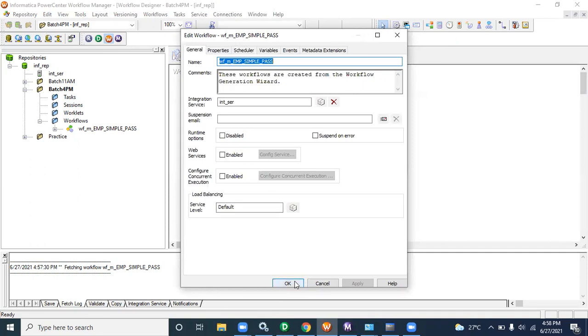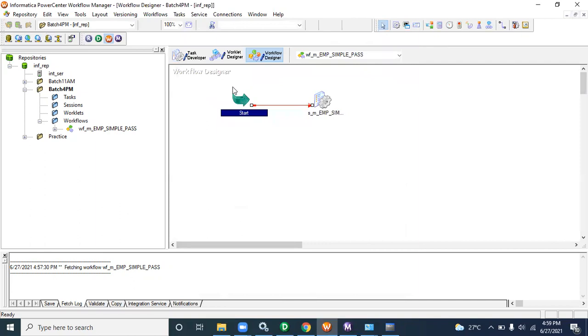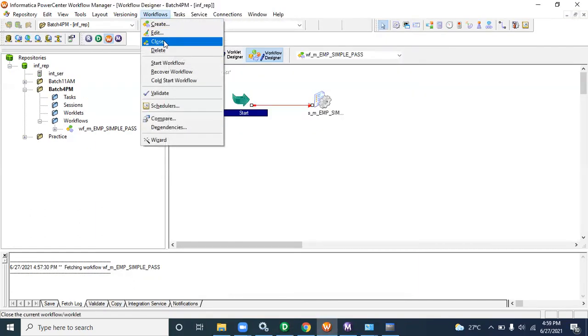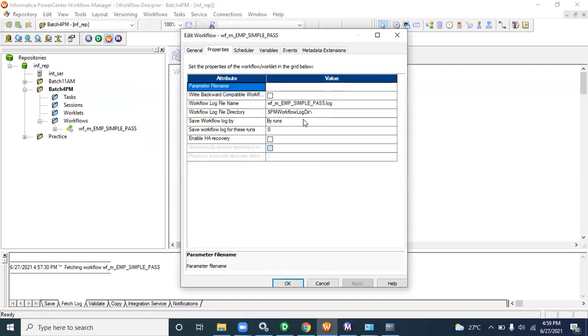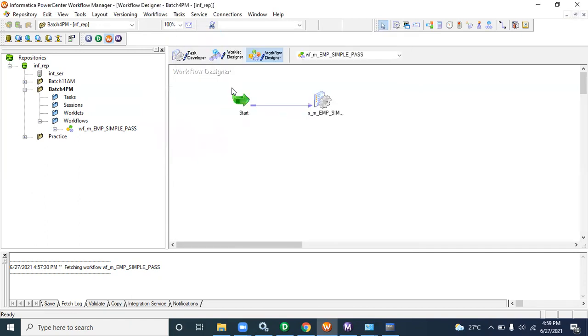So for that reason, Informatica gave two objects, because when you start the workflow, at least it should hit the mapping, right? When we say start workflow, it should hit the program. But here in the workflow, there is no option, no way to hit the program. So for that reason, Informatica gave this start button, and from the start button it will happen automatically.